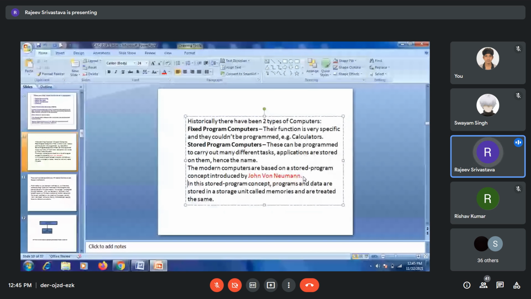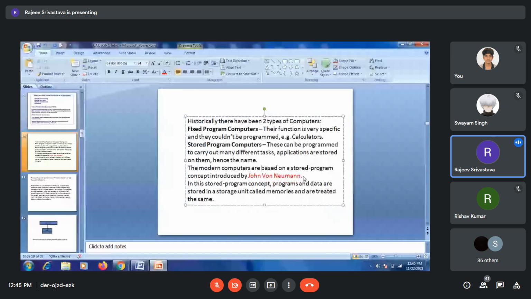Somewhere in the mid 40s, 1945, he gave the concept of a stored program computer. Because anything which can compute could be called a computer, but the first revolutionary concept was given by John von Neumann,